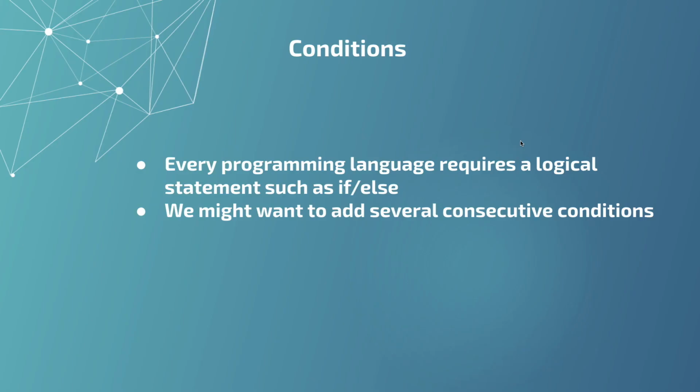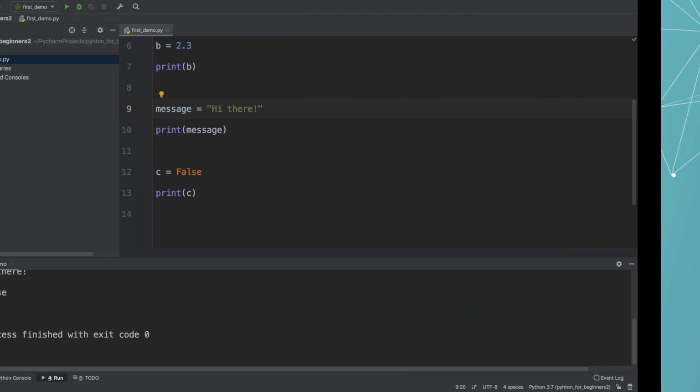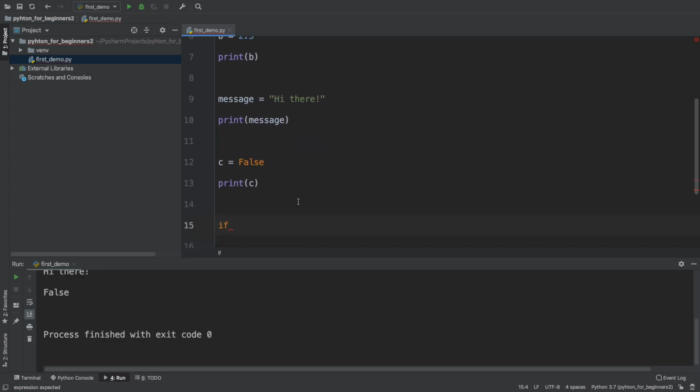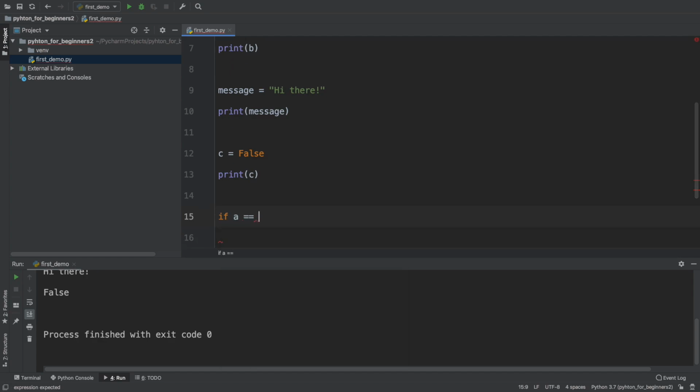Every programming language requires a logical statement in order to make it much more interesting, so that the program will do something. Until now, we just saw that we assigned a value to variables, but we didn't do anything with this assignment aside from printing it. We can also add several consecutive conditions. We'll have a look at this now. A condition in Python can be written like this. If, for example, we have a, if a is equals to 3, print